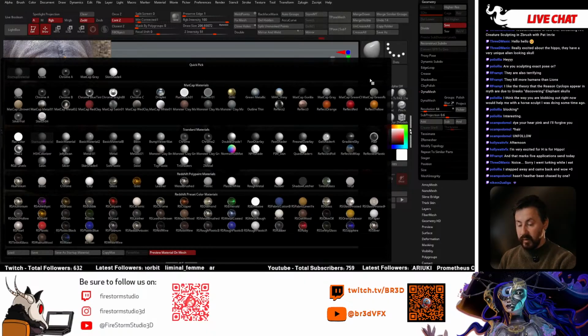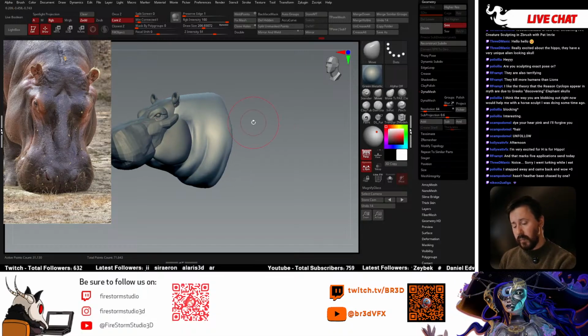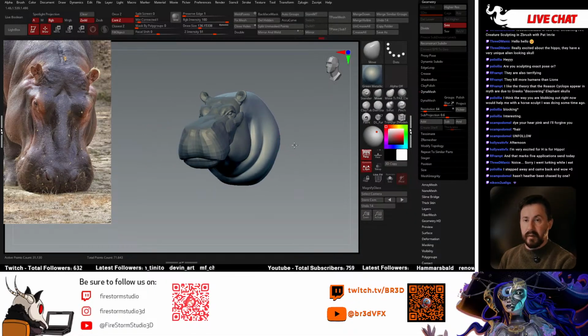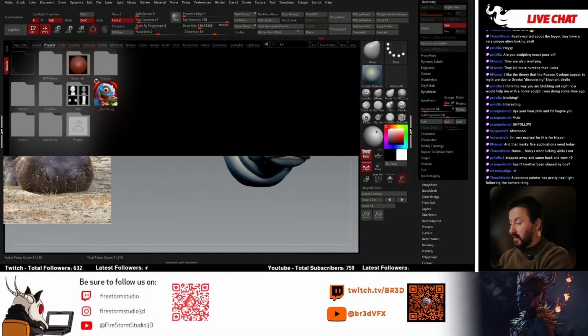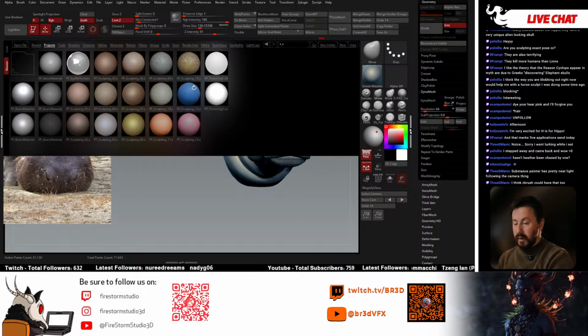So if I go into my material type here, we can switch to something like a MatCap, and this can sometimes be a lot easier to sculpt with, because it's going to light the material, the actual object, in a different way. So I'm actually going to use one of my favorite MatCaps here. I'm going to go into my materials,